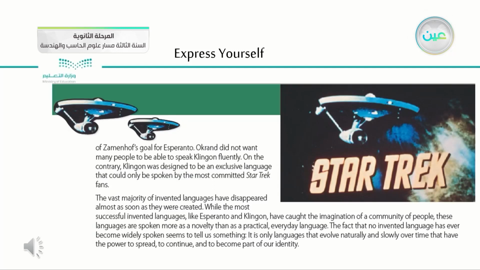The last part of the essay is on this page. We are going to listen to the last two paragraphs together. His goal for Klingon was almost the opposite of Zamenhof's goal for Esperanto. Okrand did not want many people to be able to speak Klingon fluently. On the contrary, Klingon was designed to be an exclusive language that could only be spoken by the most committed